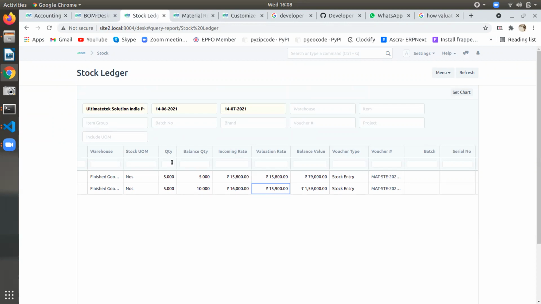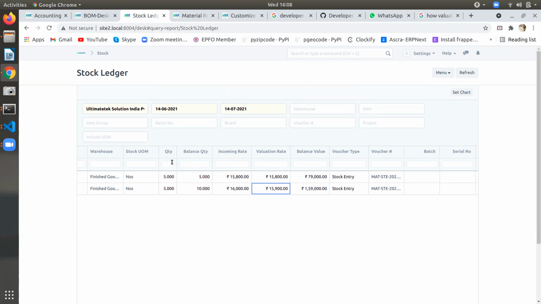15,800 plus 16,000. Yes, sir, it's taking the average value. If you add 15,800 plus 16,000 and divide by 2, you will get the current average of 15,900. But this is the average cost it is telling in this one.